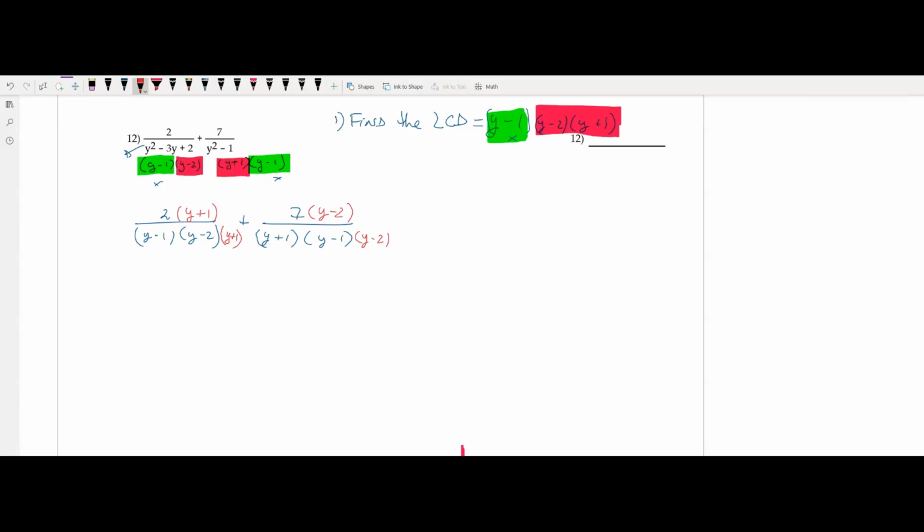And so now, moving on. Now I have the least common denominator. Let's put it as a single common denominator. So the top is going to be 2 times y plus 1 plus 7 times y minus 2 over that single common denominator of y minus 1, y minus 2, y plus 1. Okay? All right. Now we need to simplify the top and see if we can combine and maybe factor. So we get,